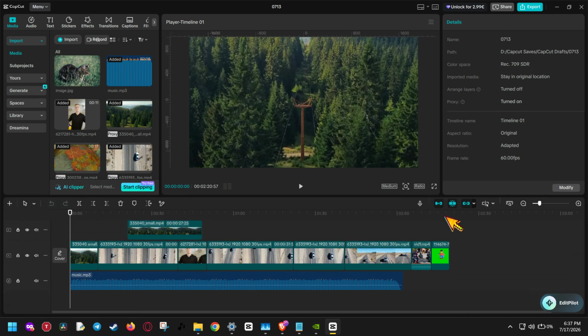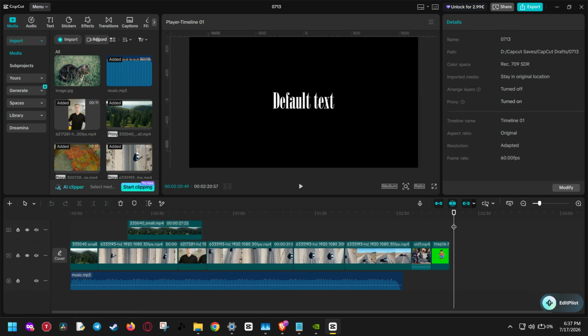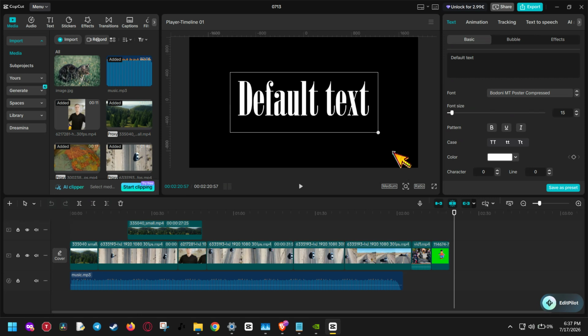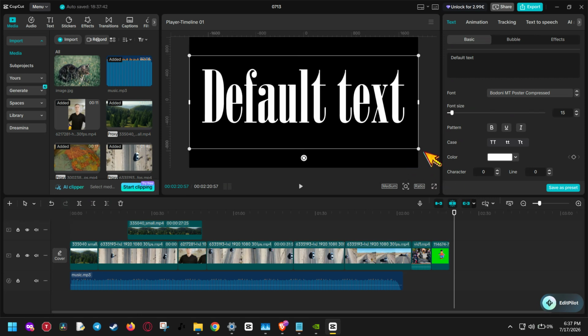If CapCut is still giving you trouble after these steps, the issue may be related to a deeper system conflict, outdated graphics drivers, or a damaged installation. But in most cases, clearing the cache, running as administrator, and disabling hardware acceleration will solve the most common desktop